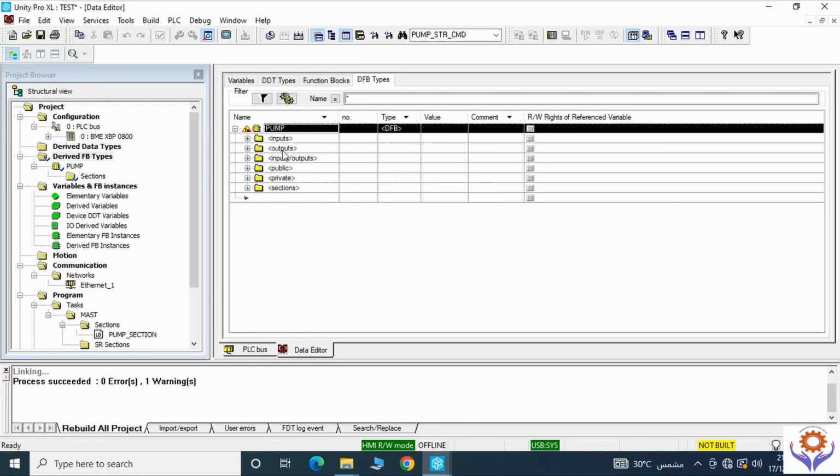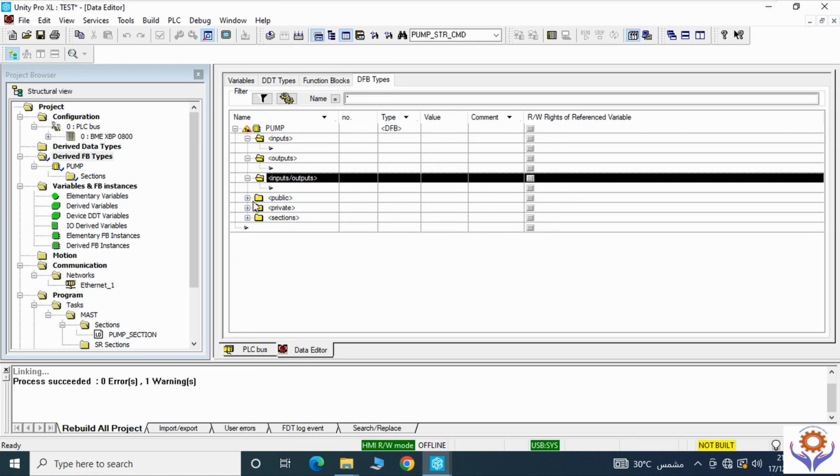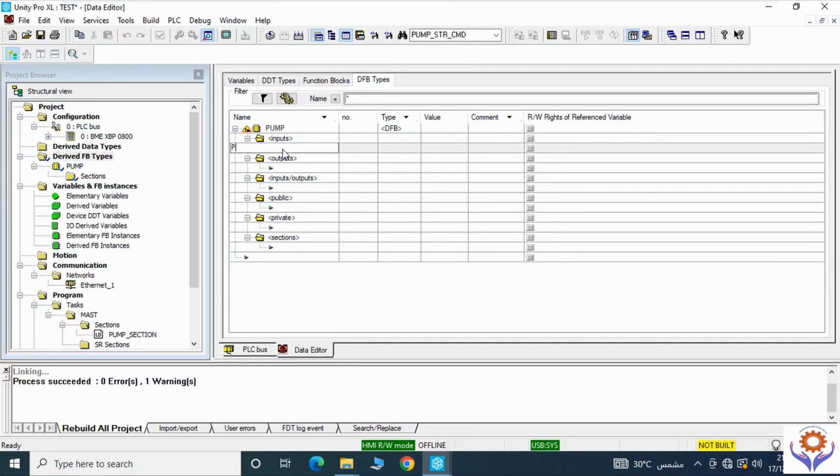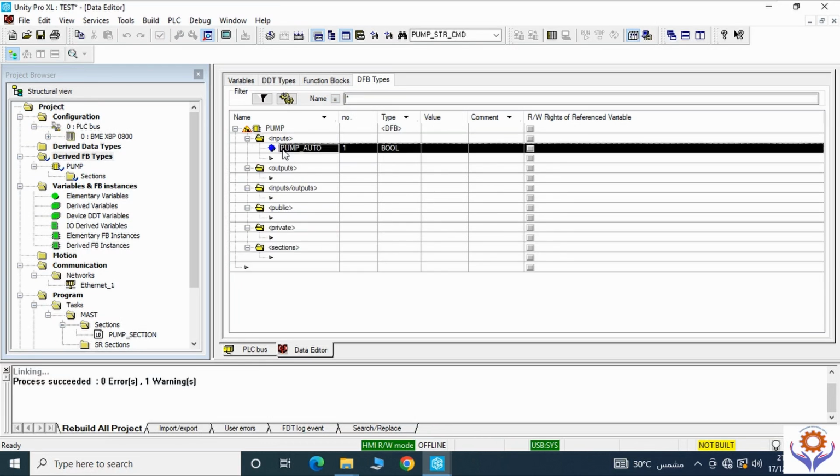see here it will automatically create the inputs, outputs, input-output, public and private sections. If you open them one by one, you cannot find anything currently at the initial stage. So you need to first note what signals you need to add for one pump. Example, before you create one pump, you need to first understand what a pump is and what signals you need in pumps. Example, first you need one pump remote or pump auto